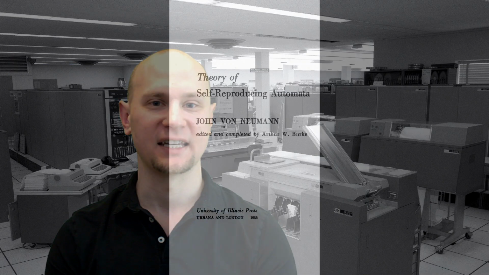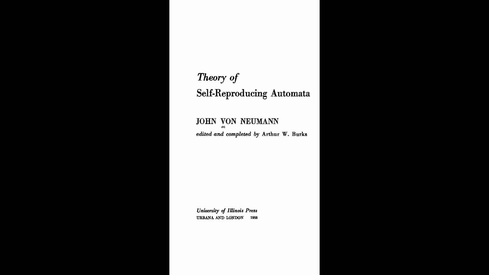Von Neumann died in 1957, but his work on the subject of self-replicating machines was published in 1966 in a book called The Theory of Self-Reproducing Automata, which was edited by Arthur Burks. The book builds on the contents of the lectures which were originally given by Neumann, but contains a bit more detailed explanation. Some parts of the book were written by von Neumann while he was in the hospital before he died.